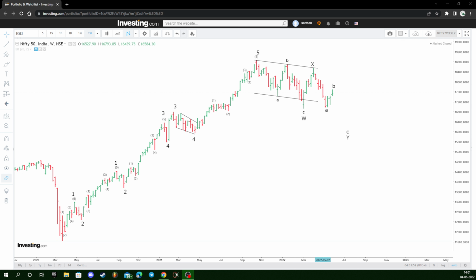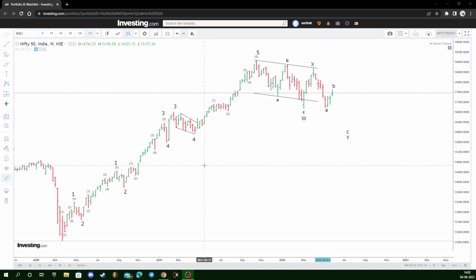Right now in front of my screen I have the Nifty 50 index. It is very clear just by looking at the chart that the advance from the COVID lows of 7500 has ended around 18,600 levels, and whatever corrections we are seeing after that 18,600 high is not at all a routine correction. It is a correction of a higher degree, and the correction is itself retracing this entire move from 7500.